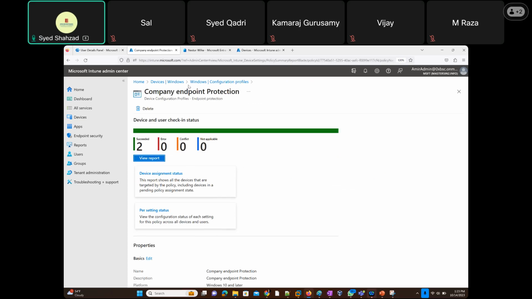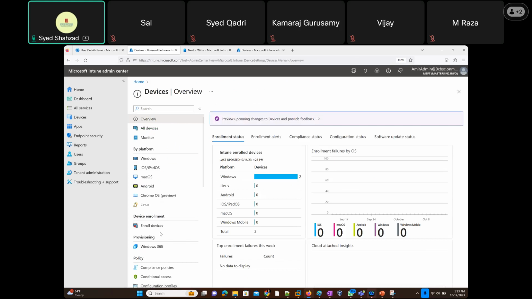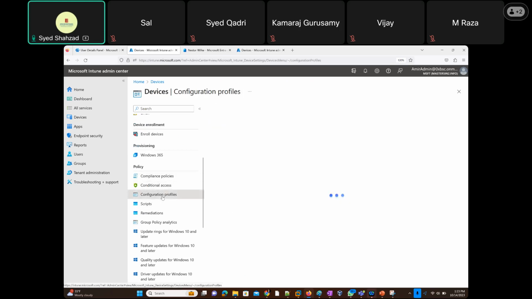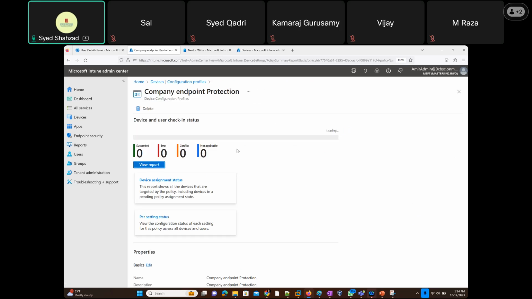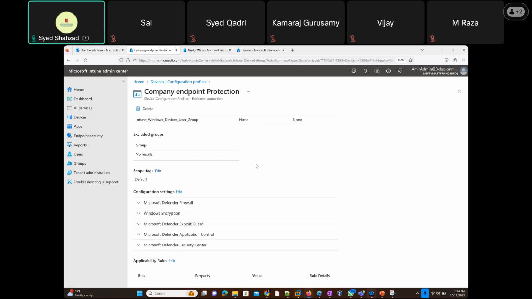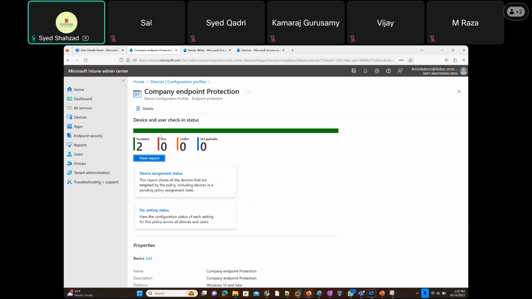So what I'm going to go for next is, if I'm compliant, was my configuration profile also pushed correctly? Because my compliance policy got pushed correctly. What about my configuration profile? Company endpoint protection. I'm going to go there and here. So these are the configurations that we have done. It says succeeded here as well. But